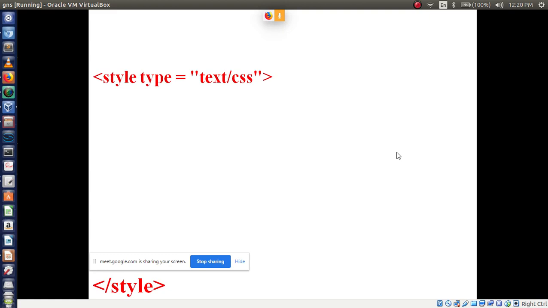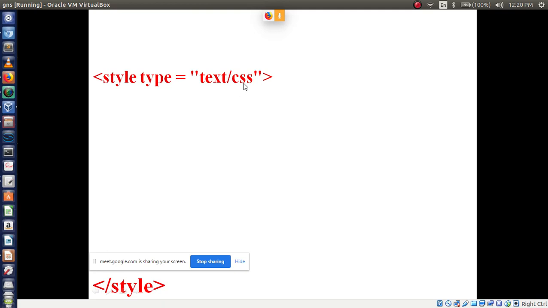See, I already told you, to use a document level style sheet we compulsorily need the style tag. Style followed by type is equal to text. It is a MIME type specification, multipurpose internet mail extension, right? Text is the type, the subtype is CSS.